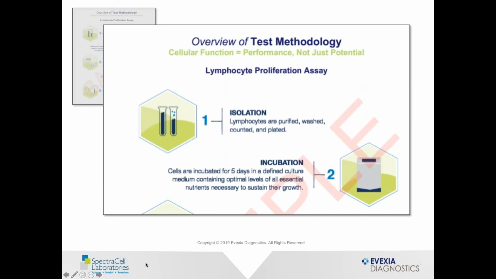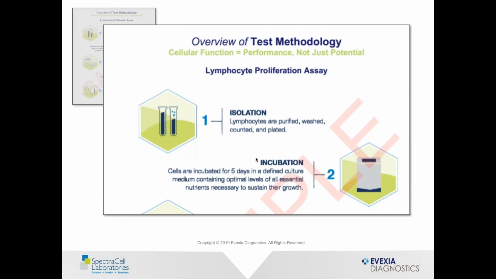Again, just so you get an idea, because the technology they're using can be a little bit daunting, I just wanted to review it one final time so you can really understand what's happening here. First, the blood's drawn and sent to the lab. There's an isolation of the lymphocytes to purify. They're washed, counted, and plated, as it says there. Day 2, incubation. The cells are incubated for about 5 days. They have a culture in a medium containing optimal levels of essential nutrients